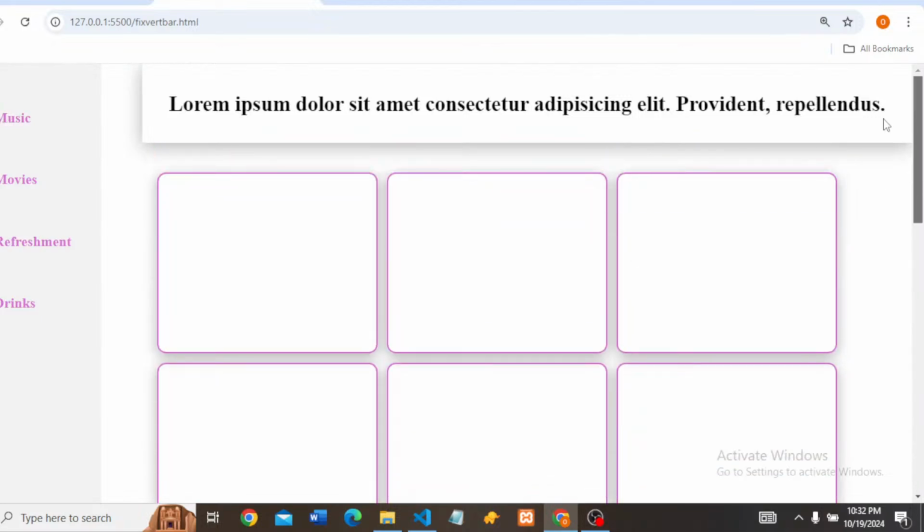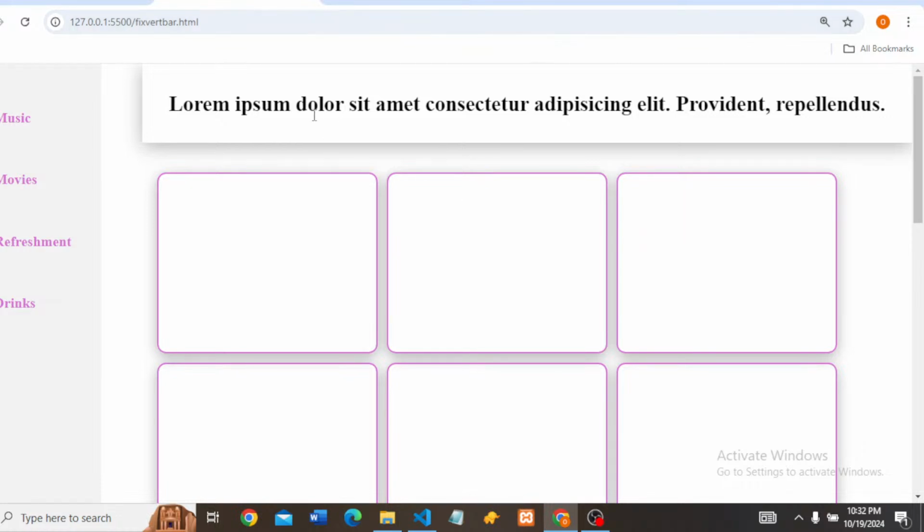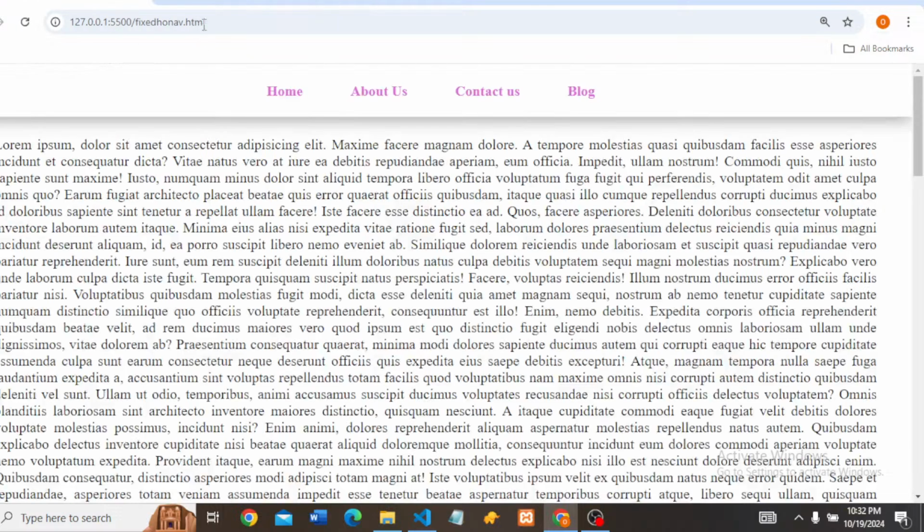So you can see we've been able to make a fixed navigation bar, a fixed vertical navigation bar. Then this one is actually the header, but I made it fixed, right? Then the horizontal navigation bar I made was this one. This was the horizontal nav bar